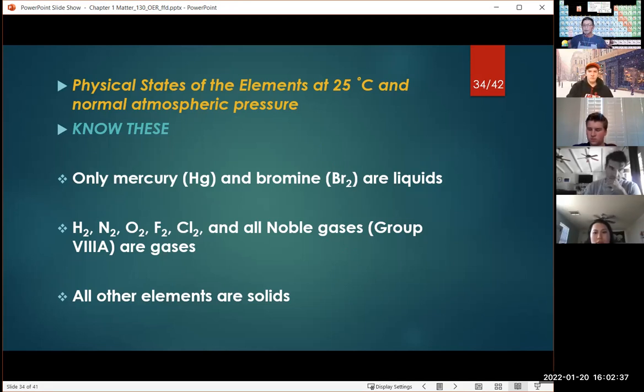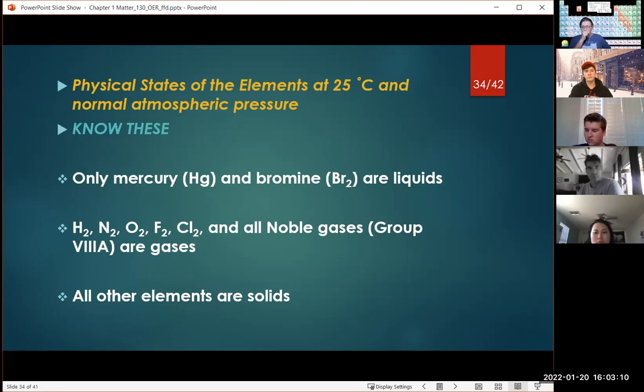And we're working at 25 degrees Celsius, which is basically room temperature. Obviously, the physical states will change depending on the temperature. All these elements, if we were on the surface of the moon, would definitely not be solids, right? Okay, so we have to define the physical state. When we talk about the physical state, we're talking about 25 degrees, which is basically room temperature, and 1 atmosphere pressure. We are at 1 atmosphere pressure right now, okay?